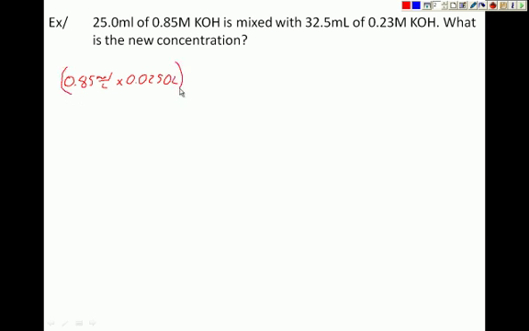Okay, so right now I have moles of KOH, and more specifically I have moles of KOH in this volume right here. And what we're doing is mixing it, or adding it to